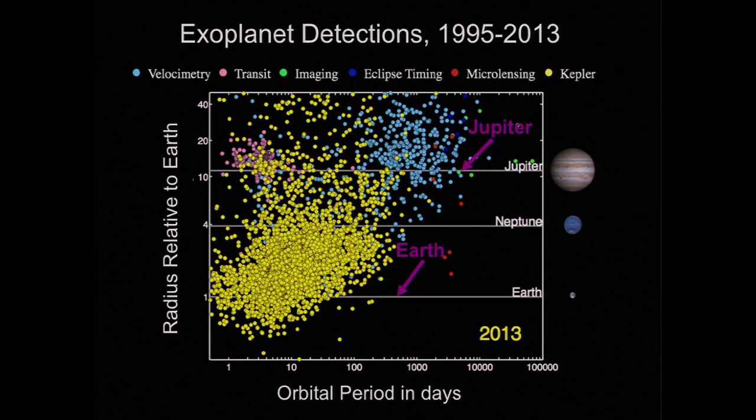So it's an exciting time trying to learn what these are made of and why they're so common. But you can see there's no planets out here. So this is 2013. And since then, when the mission stopped, we've been working extremely hard to develop our algorithms and software to improve our detection methods and methodologies and signal to noise, so we can dig in the noise and find the planets out here,